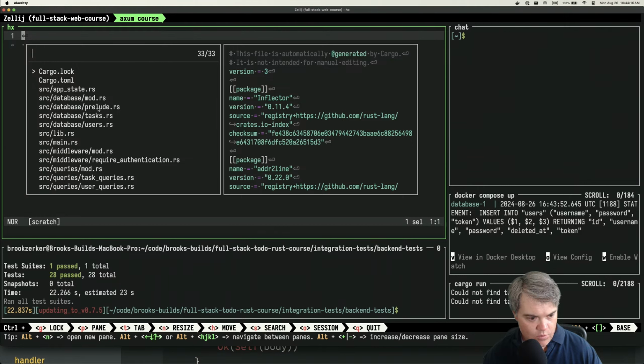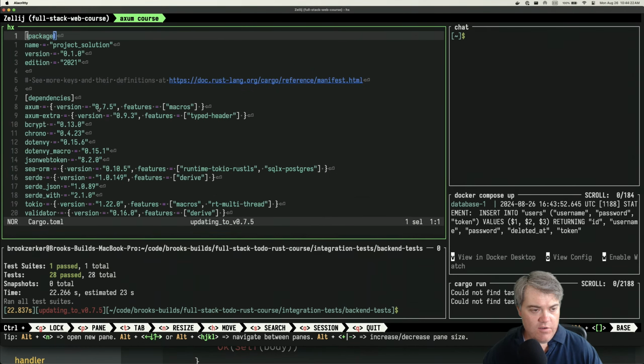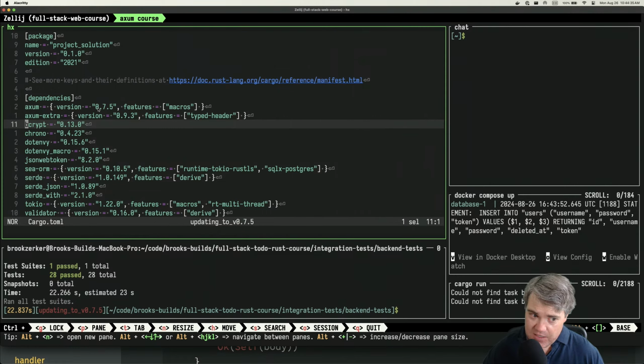Okay, so one test suite passed, no failures, everything's good, excellent. So if we update, we go take a look at Cargo.toml. So you're updated. We know that Axum Extra is the latest. Bcrypt, so we have you as 0.13.0, and I don't have any plugins with